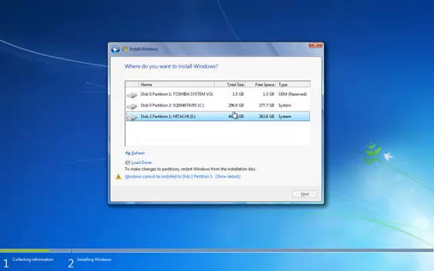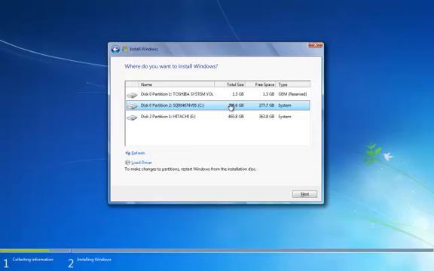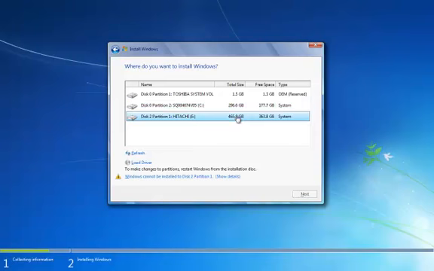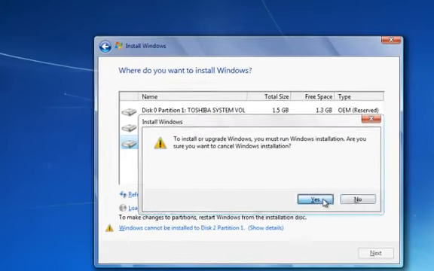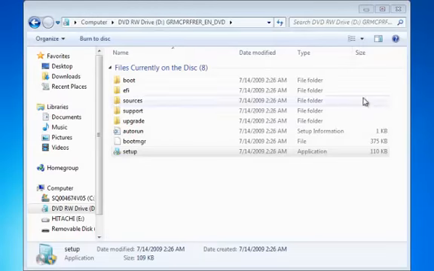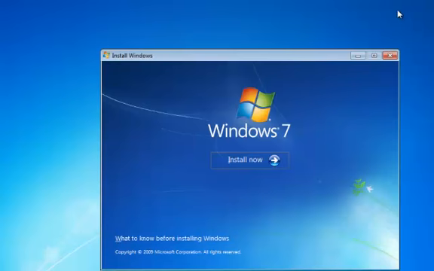Okay, I don't know why it's not doing anything right now on my external hard drive. Okay, that's how you install Windows. I'm just going to cancel it now. Yes. Okay, let's talk about